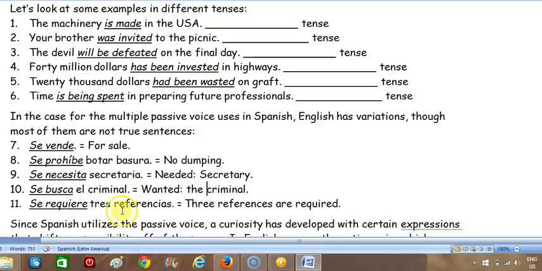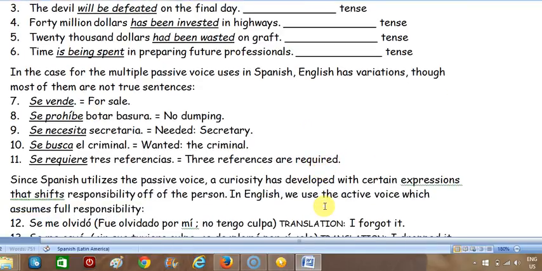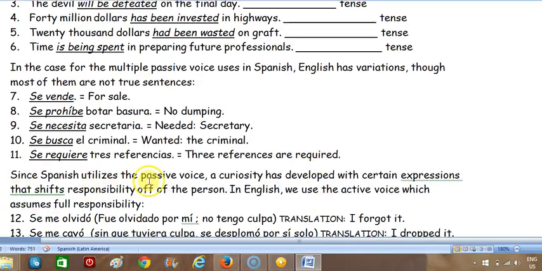All right, number 11. So here you have your passive voice, right? And so lo and behold, this is how English is going to do it, with the copulative plus the participle. So 3 references are required. Very good. All right, since Spanish utilizes the passive voice, a curiosity is developed with certain expressions that